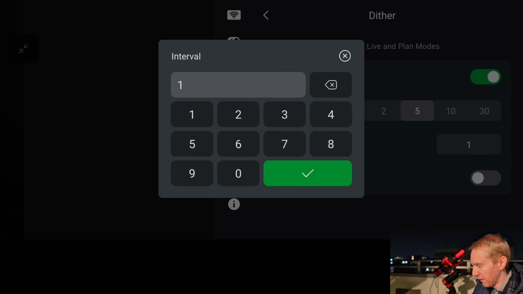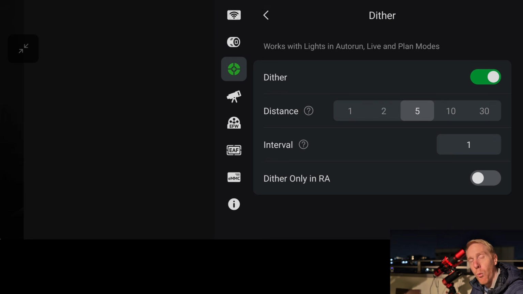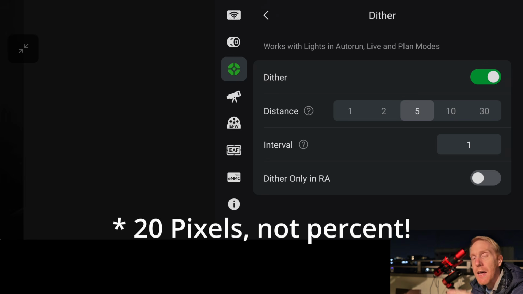So if you set this interval to 1, every frame, once the main imaging camera has taken an image, it will dither and then start another image. And then once that other image is finished, it will dither and then start another image, etc., etc. So that's the interval there. And the distance is the distance in pixels for the guide camera, for the guide sensor, how many pixels to move each dither. And you typically want, my personal preference is to move by around 20% of the main imaging